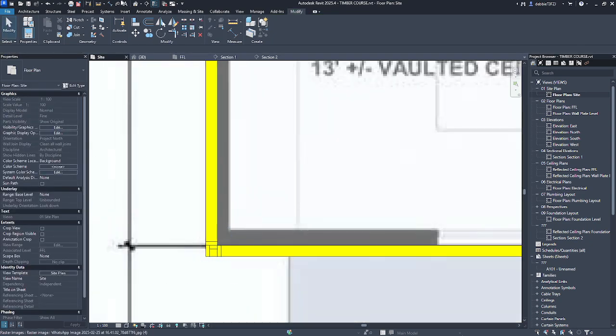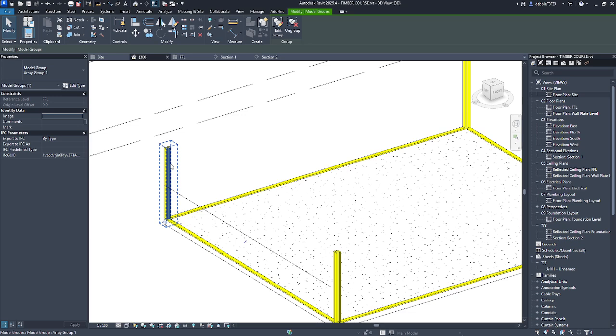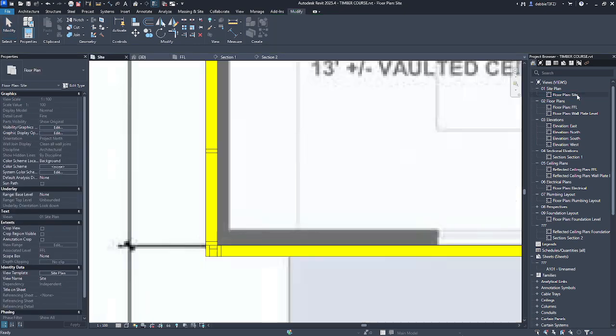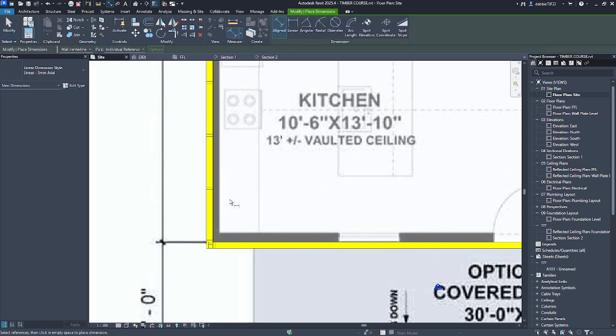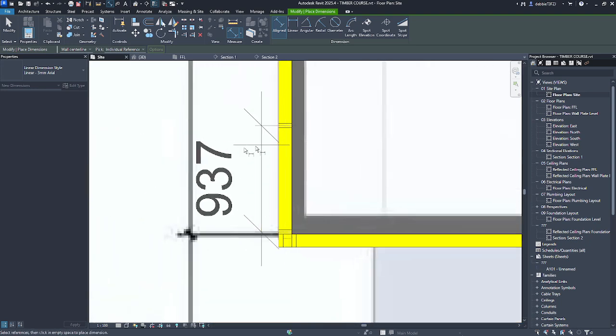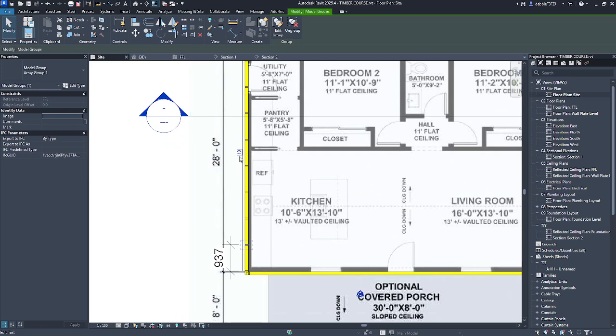So what happened now is we need to space it. Let's say we want 10 studs in that wall. It'll automatically give us those 10 studs. So let's go back to our floor plan and make sure our center to centers comply with regulation. So 900 is too much, so we need to increase this amount. Let's check 12.